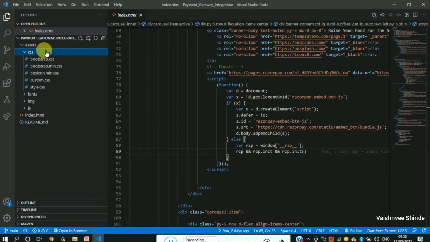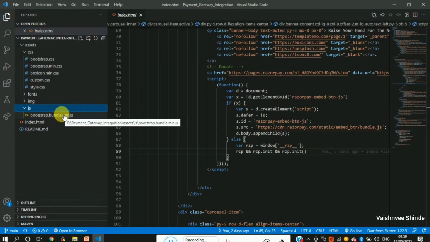Under the fonts folder, the fonts which I have used in the website are available. In the images folder, all the images are available. And in the JavaScript folder, the code for the slider which I have implemented in the website is available.